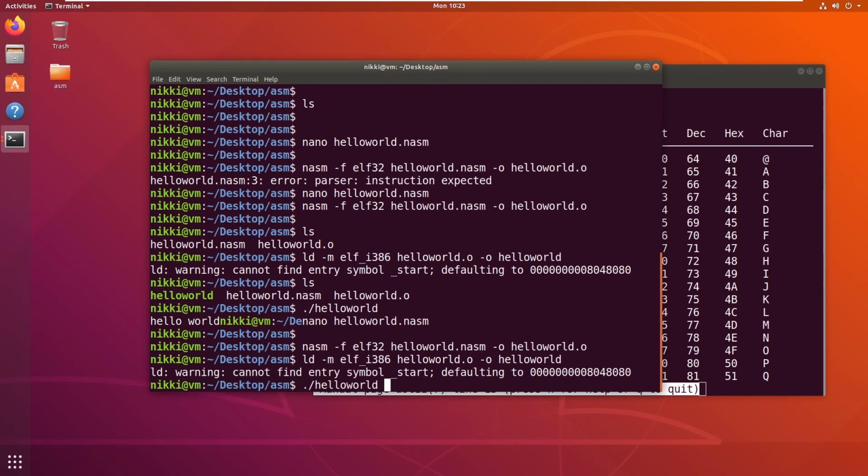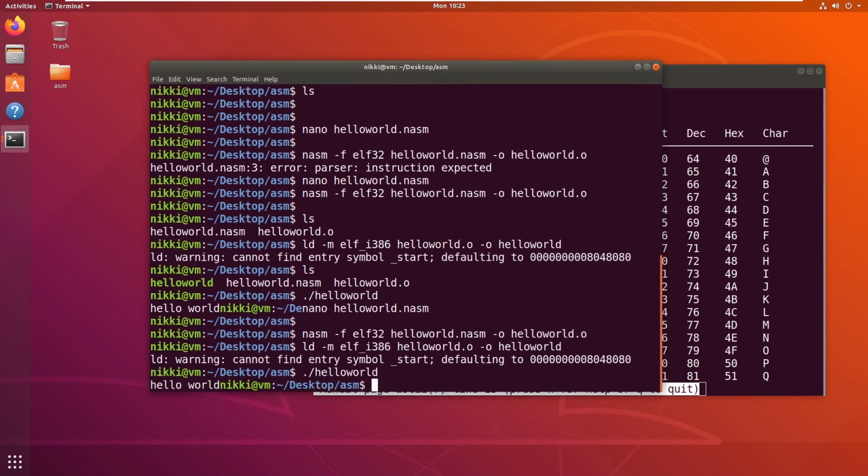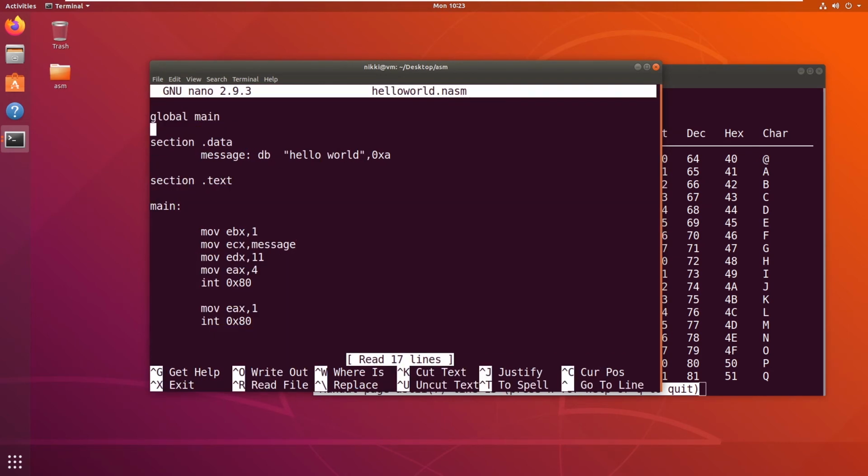So if I say hello world, okay, I think I did not save. Okay, let me make sure. So okay, I did not change the length. So if I change the length, this 0xa would be included.